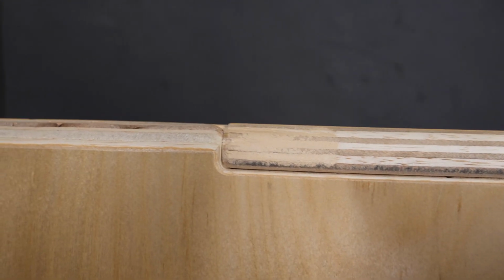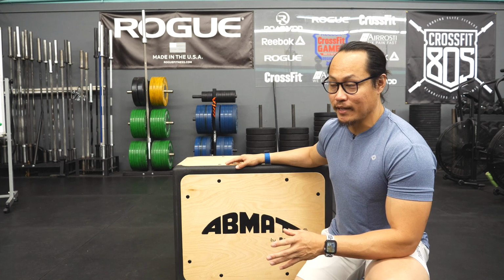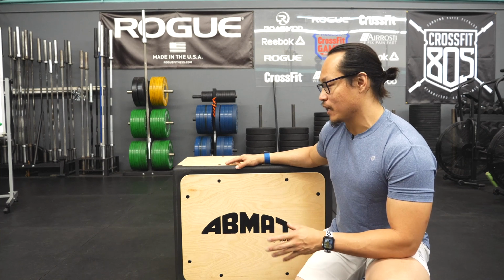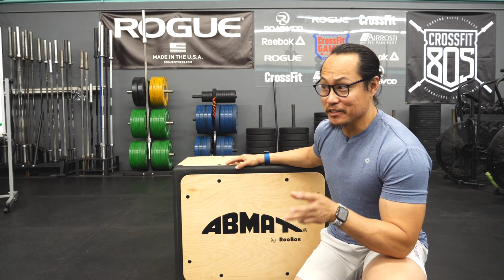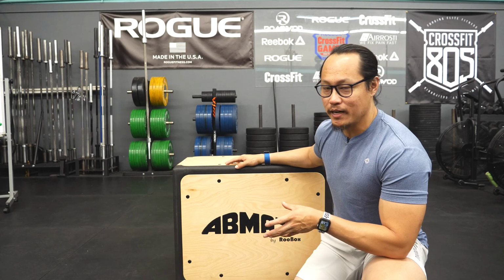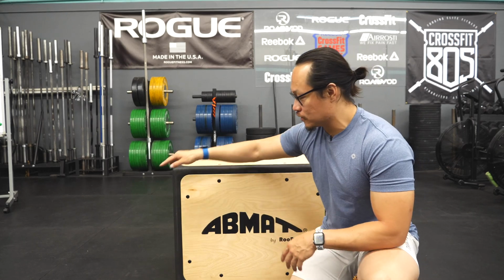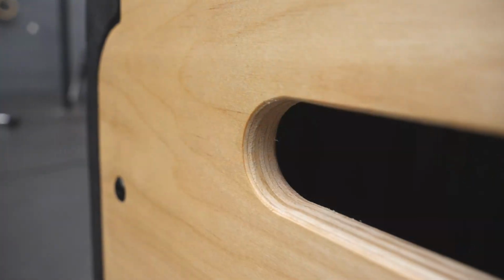This box, to me, is the best combination of having a stable box that is also safe at the same time. And not to mention, it's very, very easy to still move this around the gym. The box itself is only about 45 pounds, and it has handles on both top and bottom, so no matter which way you grab this box, it's still gonna be